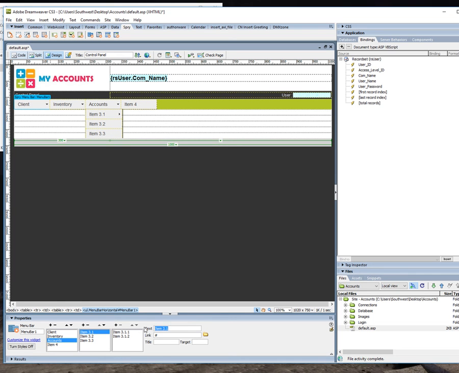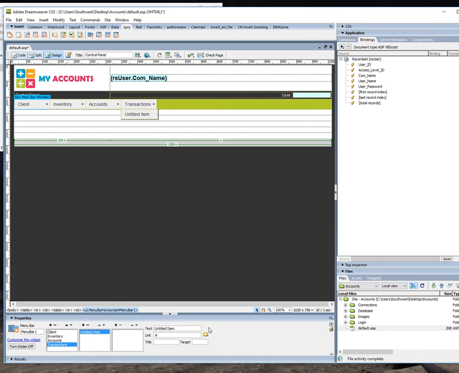and I will get the same thing: first, create new account, and second thing, accounts list, and I don't need the third one. If we need anything in the future, we can add it later on. And item 4, we're going to have a transaction,